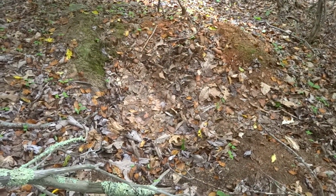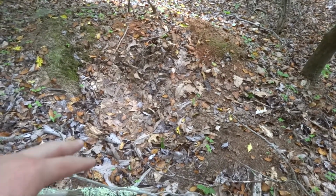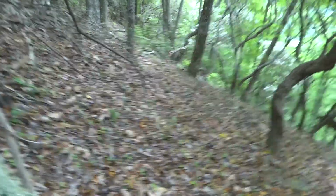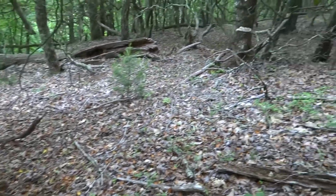Look right here. Matted out. Leaves are matted down. Deer hair in it. They've got a trail going along this side of this ridge. And I've already seen